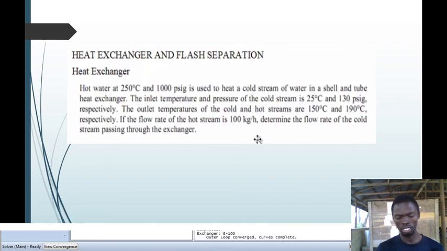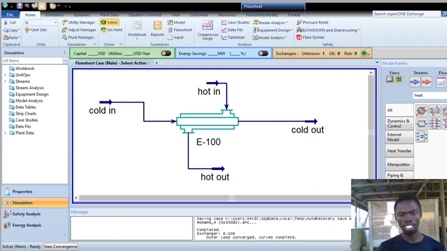You get that? And then the mass flow is what? 55.21 kilogram per hour. And that is how you model your heat exchanger. And then you have your heat exchanger over there. So that is how you do it.